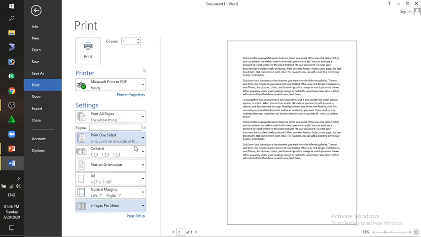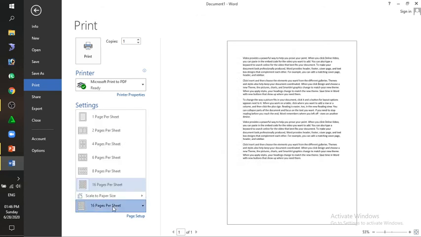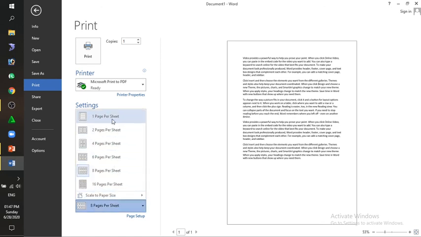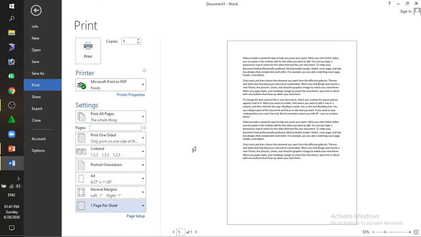Like 16 or 8, 4, 2, 1, like I want one page per sheet. So these are the settings for how you can print out a page on a single sheet, and then you have to click on this print button, and you will get a print.